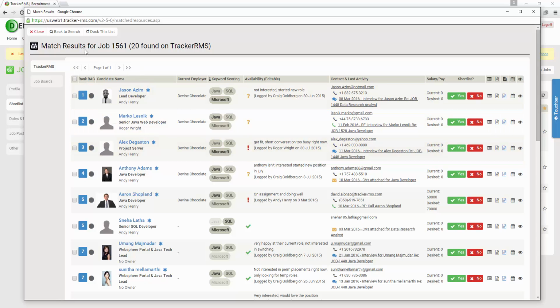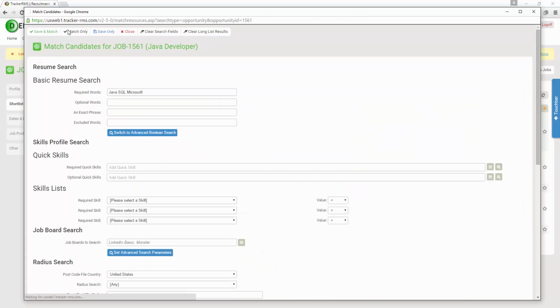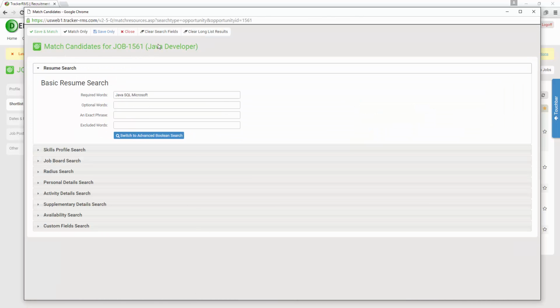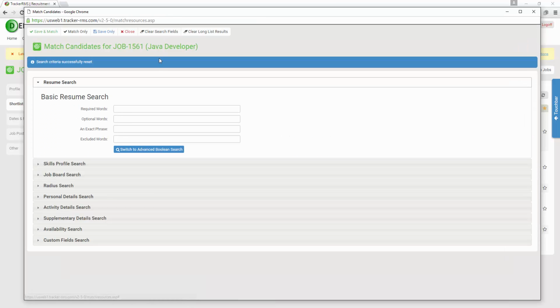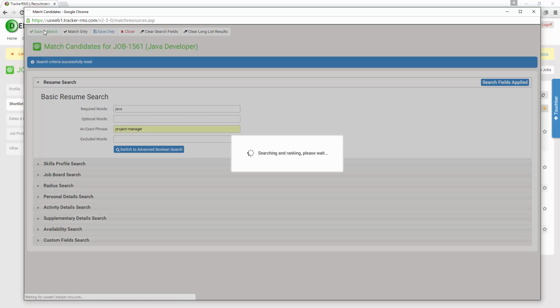So this is where I would go back to search. I want to save everyone inside the job, but I want to clear out my search fields. So now I want to bring in people, but I'm going to look for a slightly different search. So I'm going to bring in Java candidates, and then I also want to bring in people that have project manager on their resume as well. So this is where I can do that, and if I hit Save and Match, what Tracker will do is